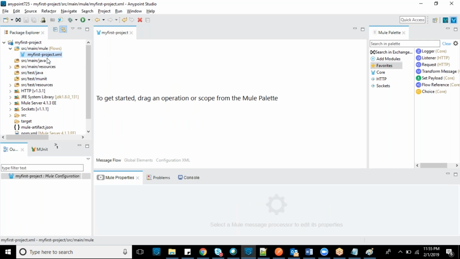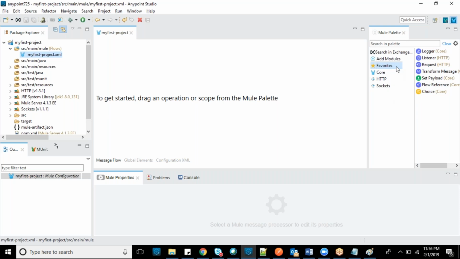This is the package explorer. You can see all the projects configured with MuleSoft, and this is your project area, the editor area. You can modify anything, and you can see the console and problems. These are all common for every Eclipse and every project. The only difference, the extra feature we have in MuleSoft, is the Mule palette. The Mule palette is the hardcore of our MuleSoft, where you will have all the predefined functionality components. These are what we call components.